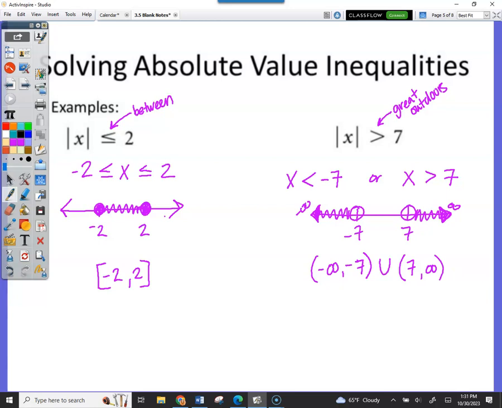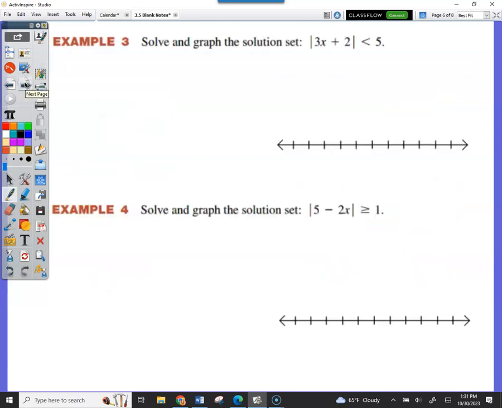Now let's go to where problems are not already x by itself. Solve and graph. The absolute value of 3x plus 2 is less than 5. Less than means between. So at some point I'm going to have something between two values, right? How do I figure it out? Set it up. Set that in the bars